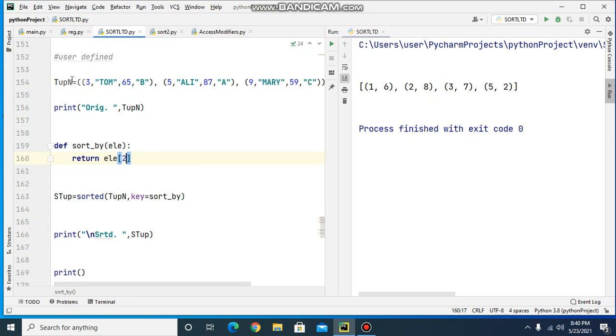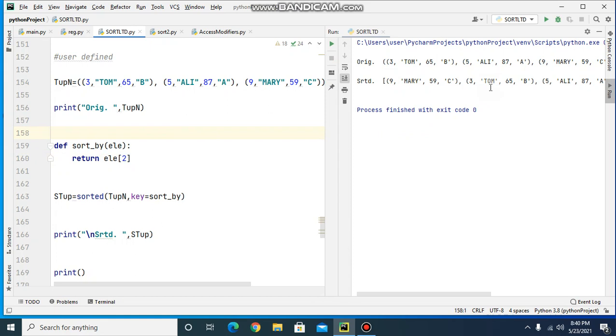So in this tuple, the elements are roll number, name, marks and grades of student. So 0 is roll number, 1 is name and 2 is marks. So the element at index 2 is marks. So it will sort in the ascending order of marks. We'll execute this.